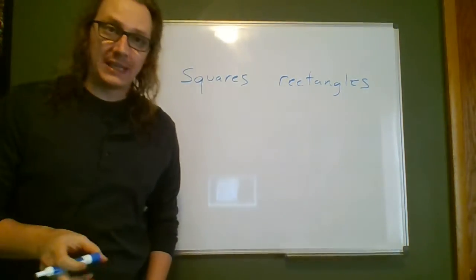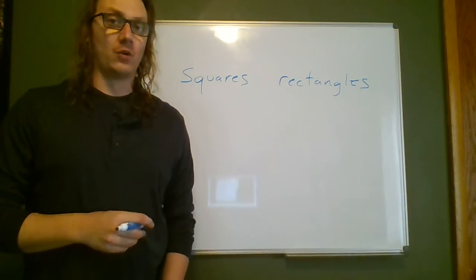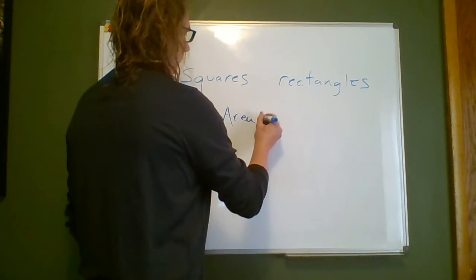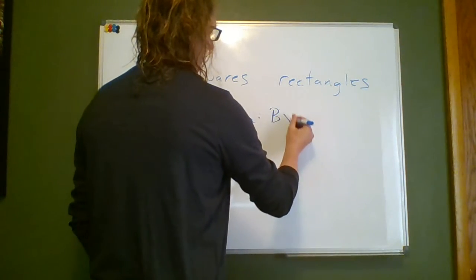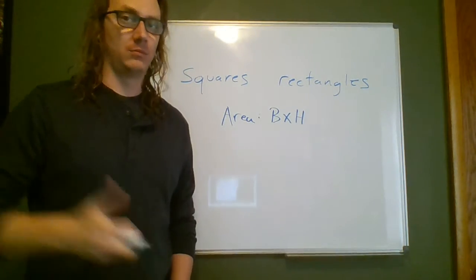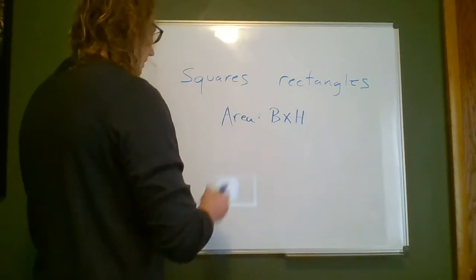And for both, the calculation is going to be pretty much the same. Okay? For area, base times height for both squares and rectangles. And perimeter,